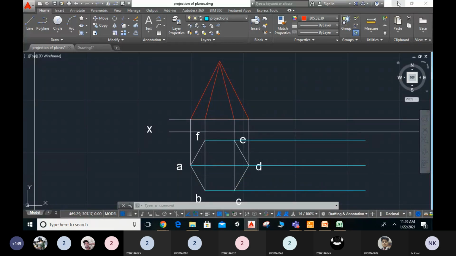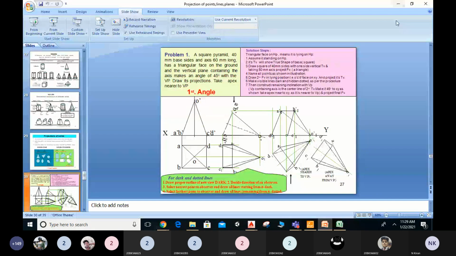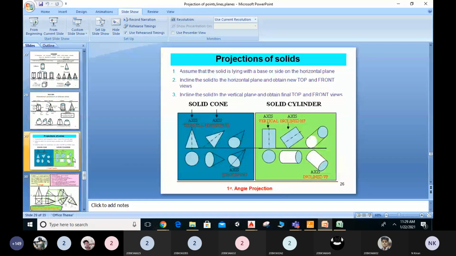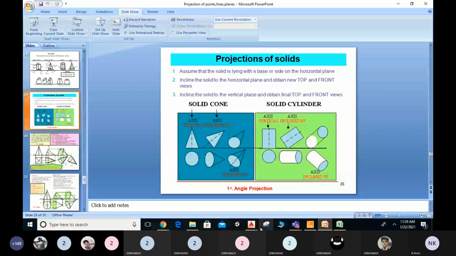See, this is another condition. You can see here, this is the solid cone. Just now I have told you, if it is resting on HP and perpendicular to VP, if I want to rotate this one, I will project these points and you will get the answer. Again, if there is any inclination, again I will rotate this one. It is the same as planes. If you understood the planes, it is the same. The only thing is we will get the points here and here. Are you clear?